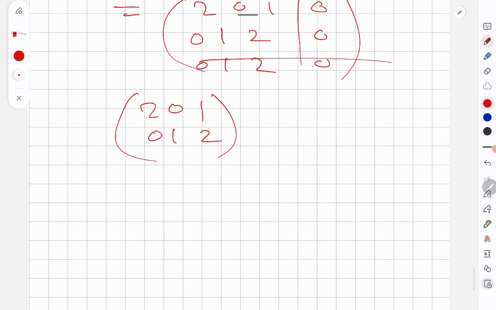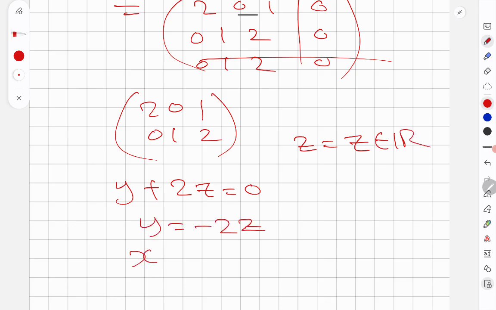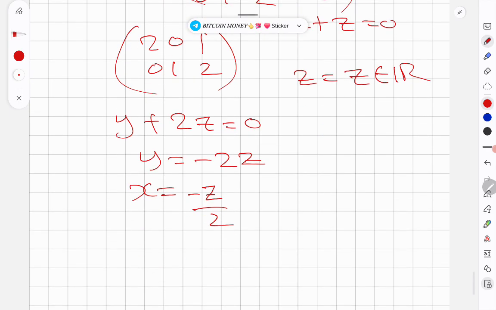Then you can write it as y + 2z = 0, z = z, because the last line will become a free variable. So y equals -2z, and from the first line you get 2x + z = 0, so x equals -z/2, right? Yes. So if I write it as (x, y, z),